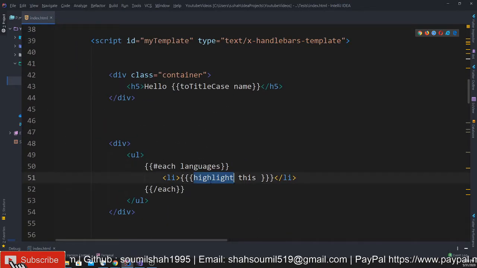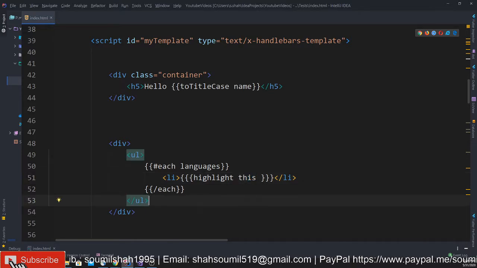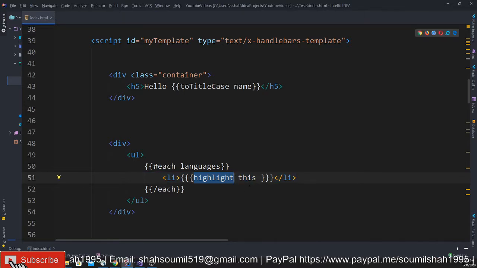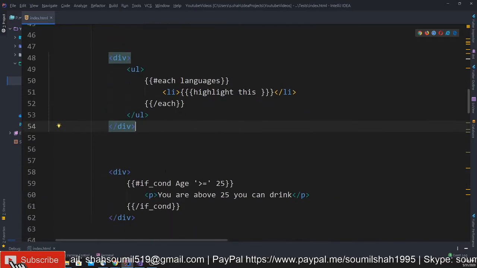So highlight this is Python, Java, a list of elements. If it matches any of these, handlebar would trigger and replace this with an HTML element with mark. This is how you can do a simple highlighting in handlebars.